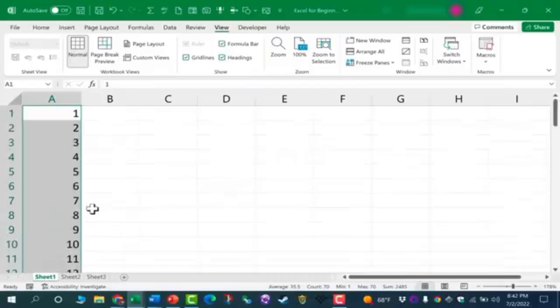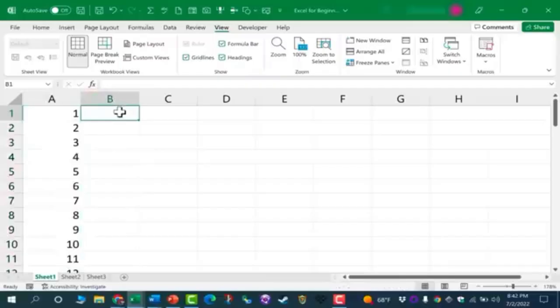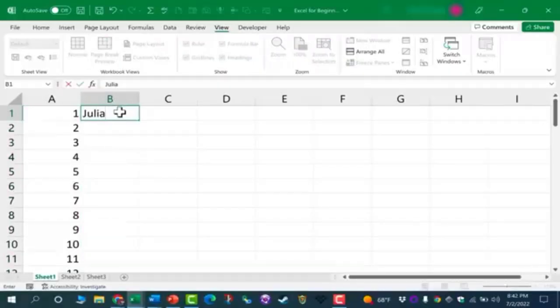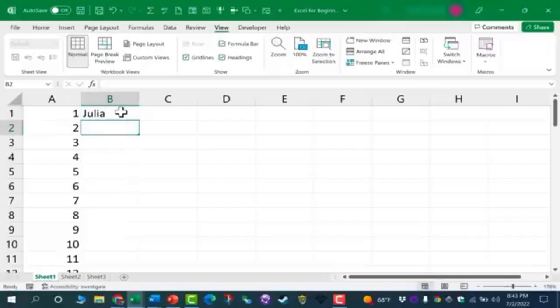Excel automatically extended the pattern that I showed it. Next, I'm going to click on cell B1 because I want to affect that cell. And I'll type the name of the first employee. And then I'll tap Enter. And again, the active cell moves down the spreadsheet. I can type the next employee name, and I'm just going to use first names so that this goes faster,